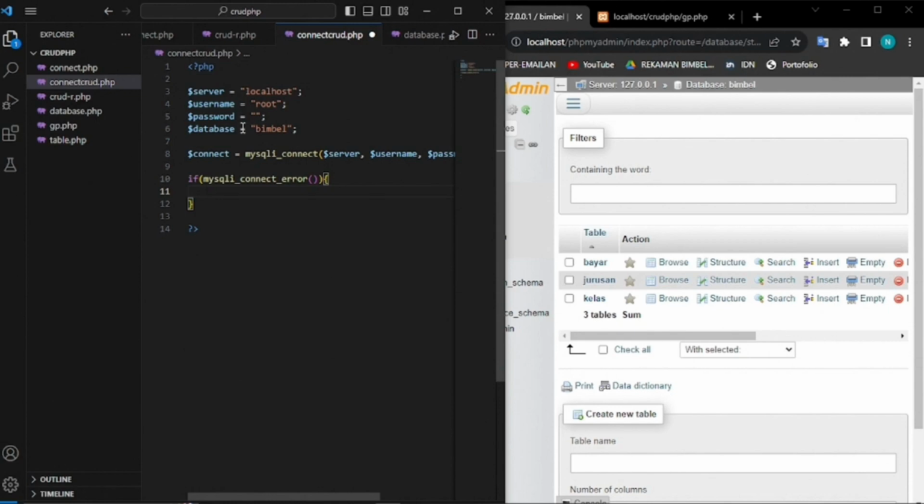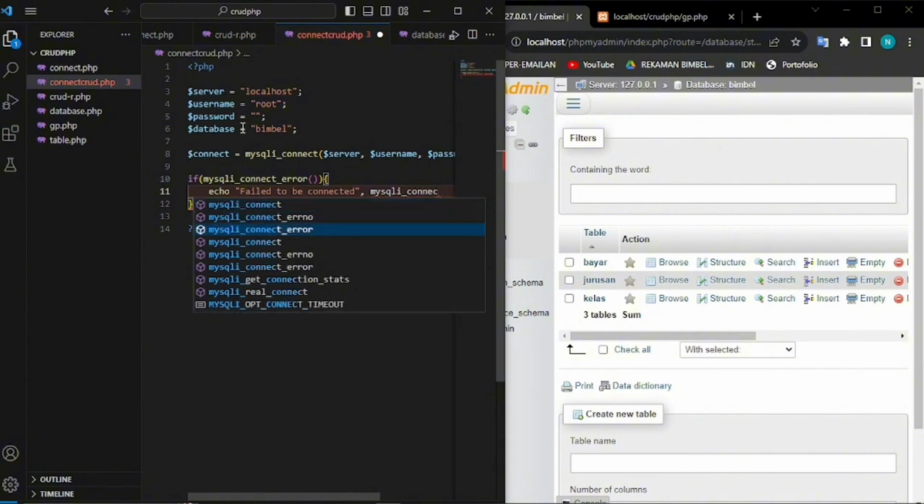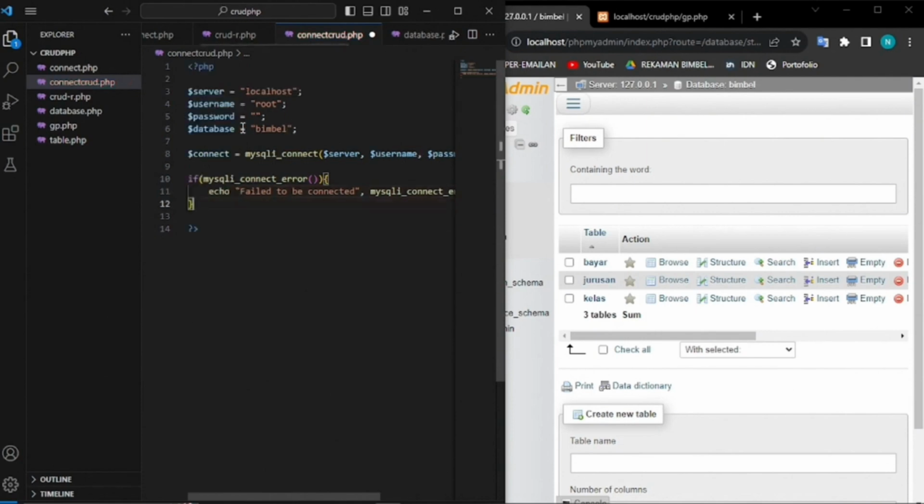and then like this, and make the output echo "Pilot will be connected", and then we're gonna add the mysqli_connect_error again. You can just close it, and then because we want to check if it's working or not, we go echo "successful",